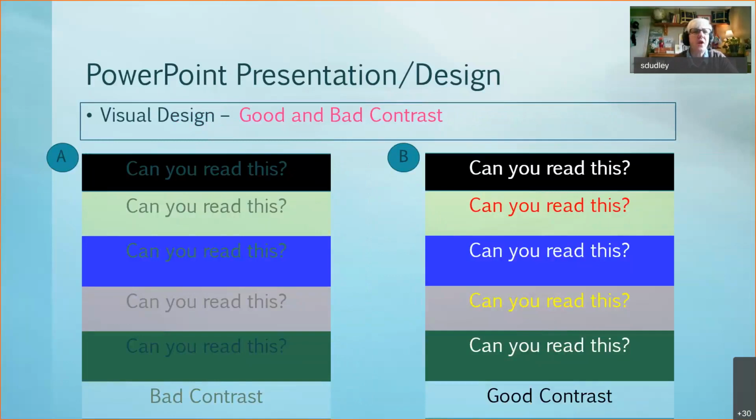So when we're also in those PowerPoint presentations, we also have to consider visual design and the contrast of colors, the contrast of the background of the slide, and the contrast of the text boxes and the text. So of these two tables, which table is easier to read, A or B? Yes, B. Absolutely. Keep that in mind as you are preparing your slides